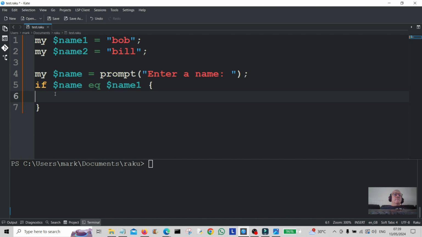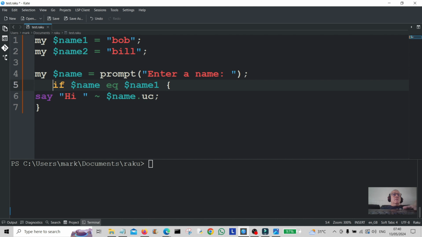So let's say hi, so we'll say hi, and then we're going to join it with this character here. That's going to be scalar name .uc, uppercase. Right, let me just make that look a little bit neater. Okay,